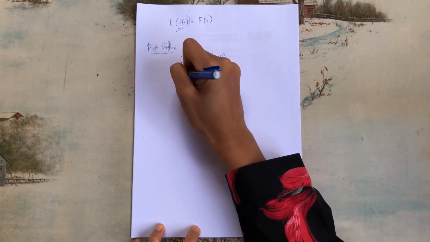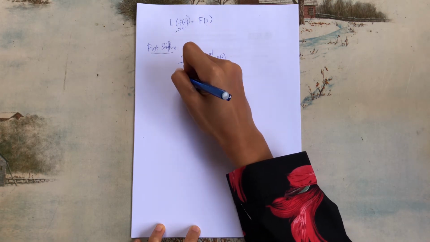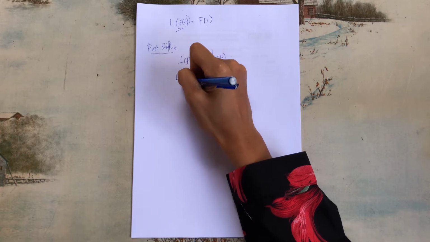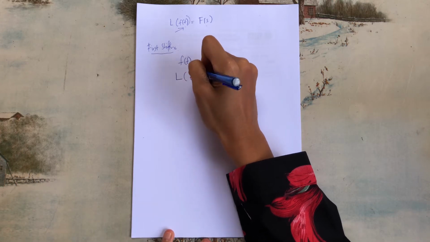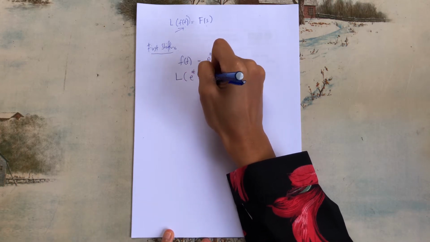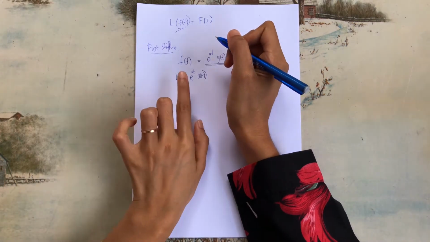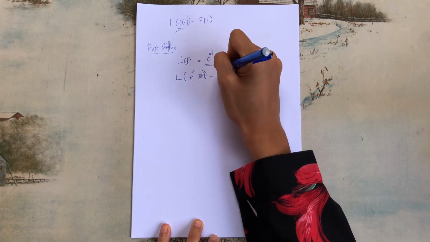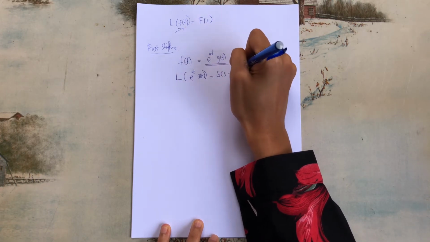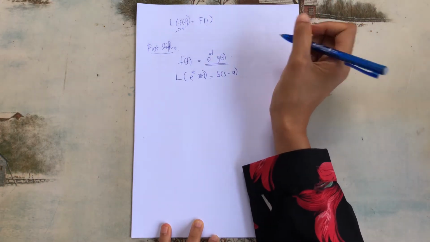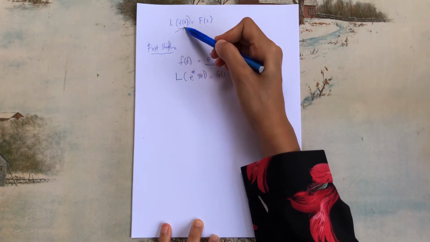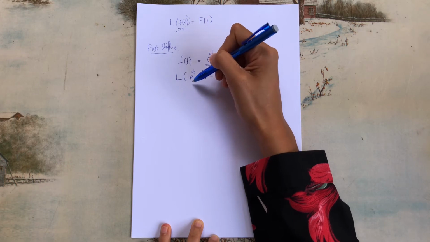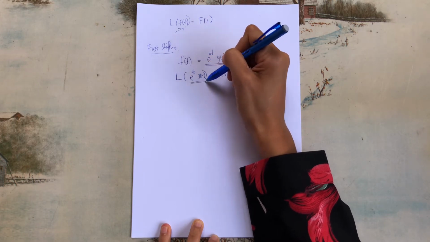Maksudnya macam ni, saya tulis clear balik. So the question will be in terms of the Laplace transform for e^(at) g(t). Maksudnya akan ada dua t kat sini. And the answer is equal to G(s minus a). Kalau tadi Laplace transform for f(t) is equal to F(s), but for the case of the first shifting, when you have two, bila kita dapat soalan,